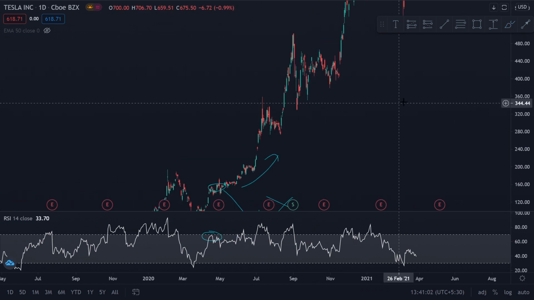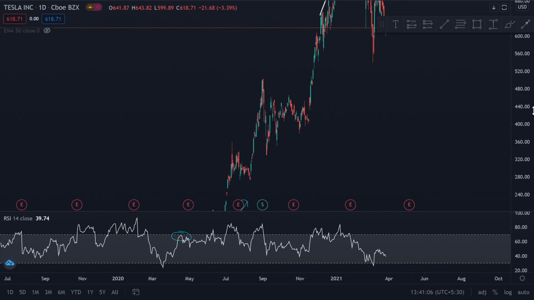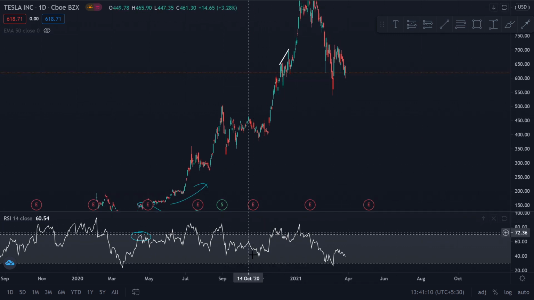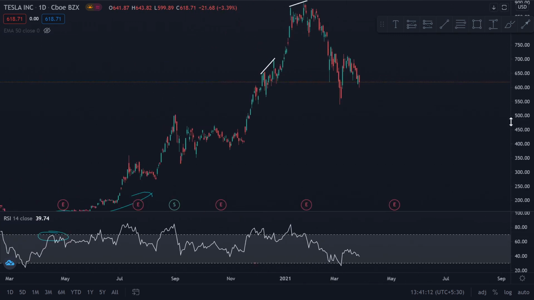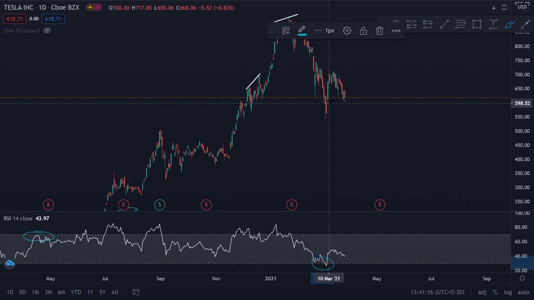So if my trading strategy would have been to buy the dips, because obviously I observed that it's a high momentum stock and I'm only looking for buy signals, my first few buy signals came in this region. Now this region lies right here. I would have caught the bottoms, right?